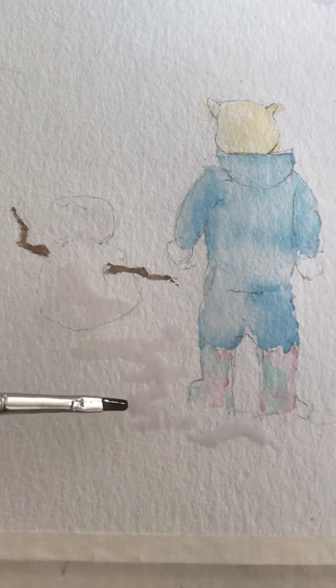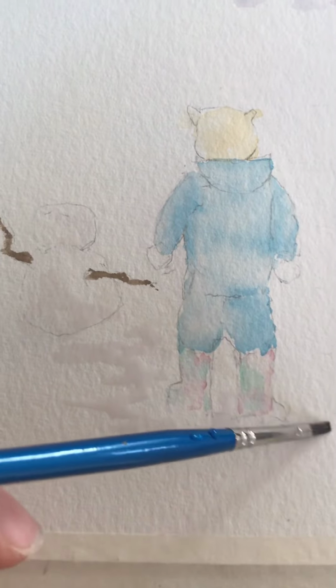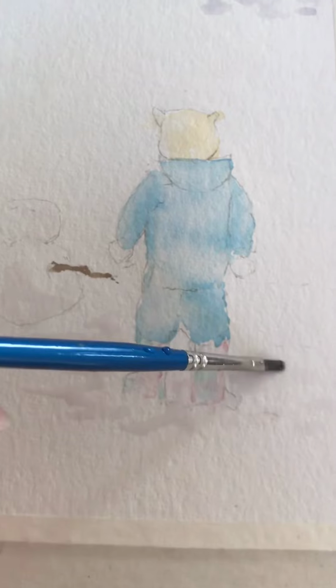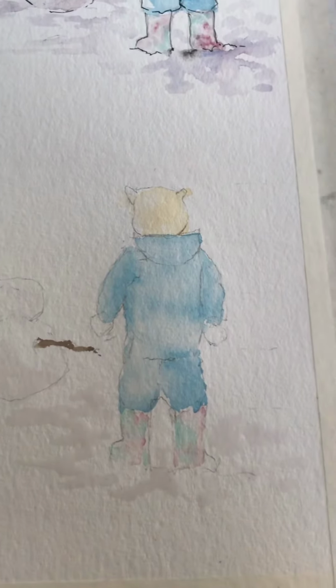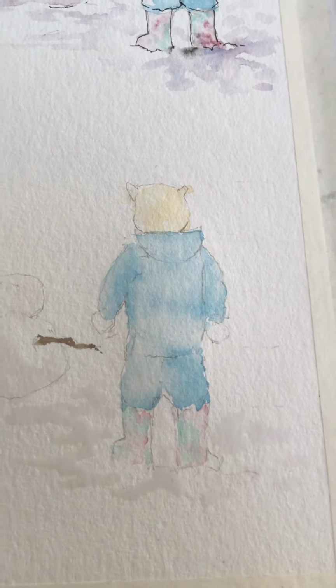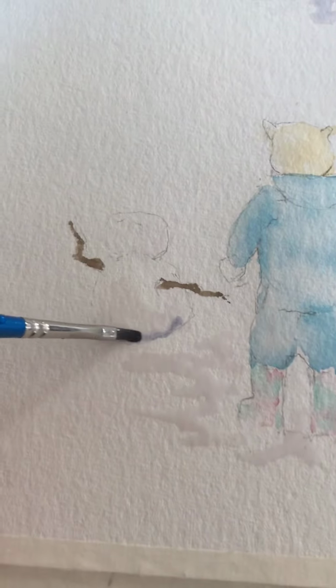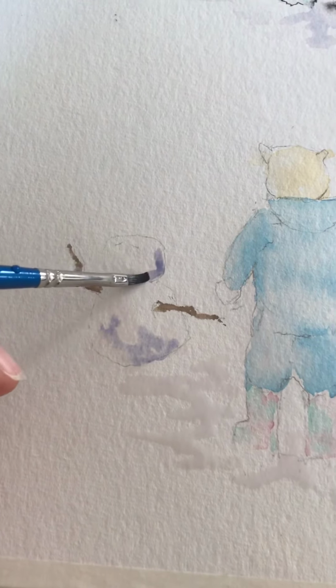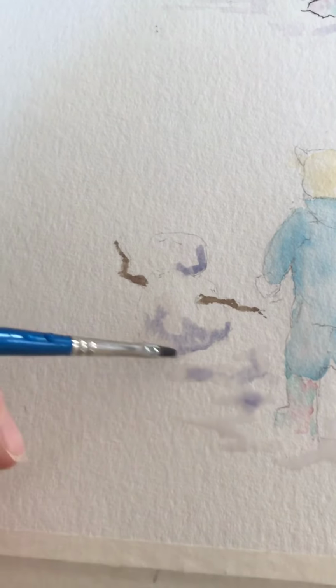I want to add the purple to the ground and to areas of the snowman. So what I'm doing first is I'm putting little droplets of clean water on the ground, and I'm going to drop in the purple, because when you look at snow it might appear like, oh, it's white, but you can even see subtle colours in the snow. So I'm taking my purple now, I'm just going to check it again what I have on the brush, and I'm going to put a little bit on around here, on the face, drop it into my puddles of water. Okay,